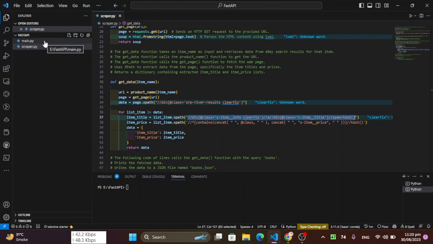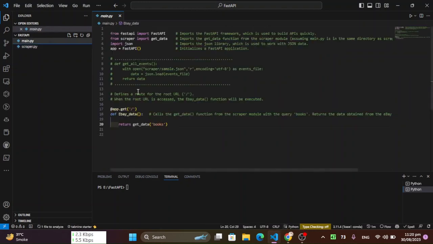So now we have the main.py file. In the main.py file, the line from fastapi import FastAPI imports the FastAPI class from the fastapi module. FastAPI is a modern web framework for building APIs with Python.